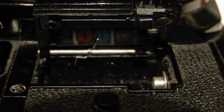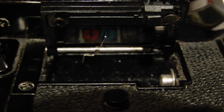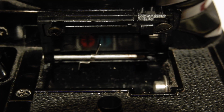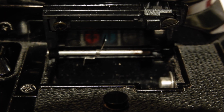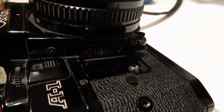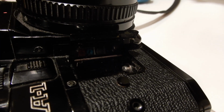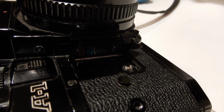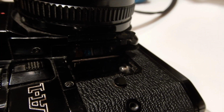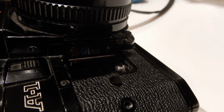Now the hinges of the door are in position, and I'm going to slide the shaft back towards the bottom of the camera. Et voilà, you push nicely the shaft through the lower hinge and then into the hole of the case. Now the last thing is to put back the spring in its resting position on the upper position